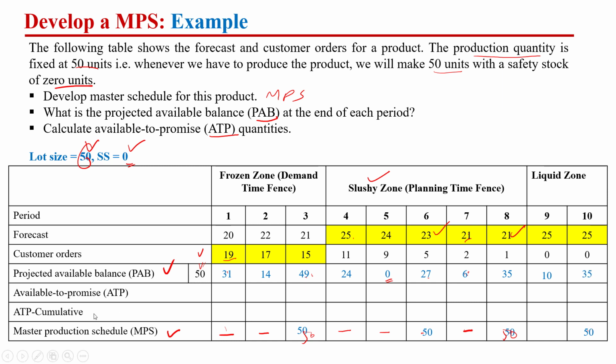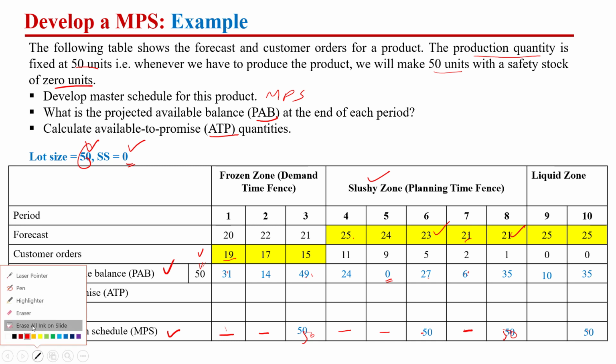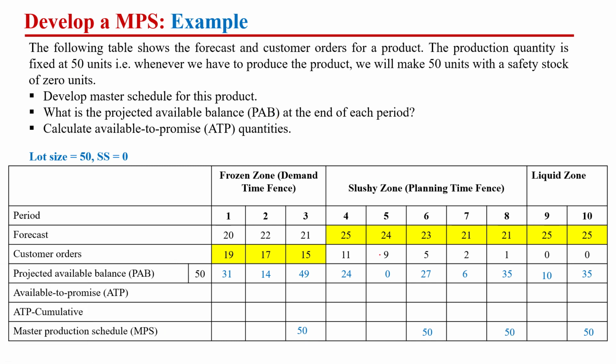Okay, so I believe you got the idea of how we are going to find out the projected available balance as well as the master production schedule. Now we are going to find out the available to promise. So how can we do that? The first is going to be basically with the help of the inventory we have initially, plus the master production schedule, if there is one initially. As we do not have any master production schedule or production quantity,